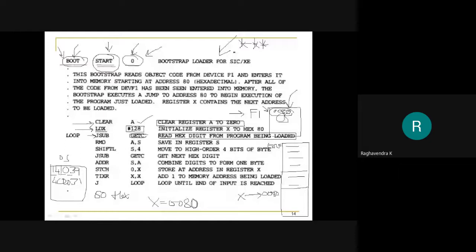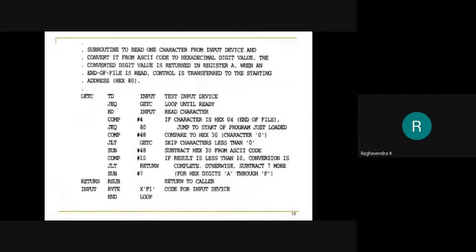Now all of these things are hexadecimal characters. We will read these hexadecimal characters into our register A, or into one more register. To read that, we call this particular subroutine, which is called getC. Now let us straight away move towards getC, which is present over here. So this is the subroutine.